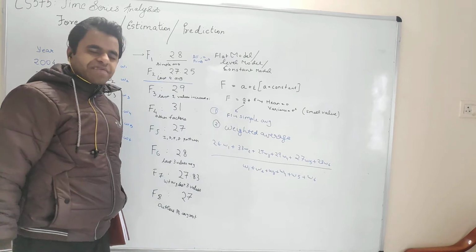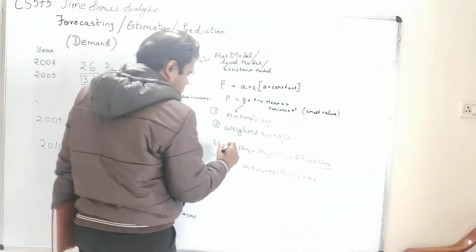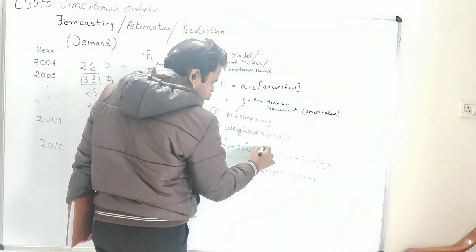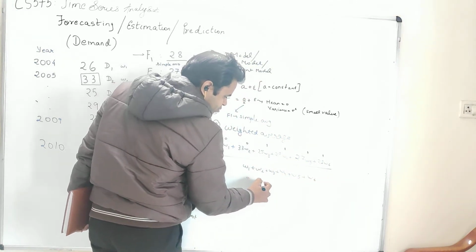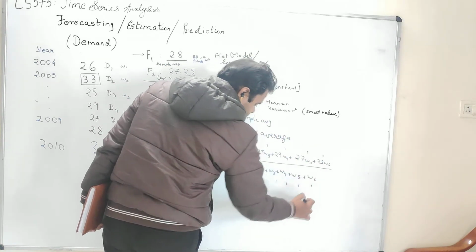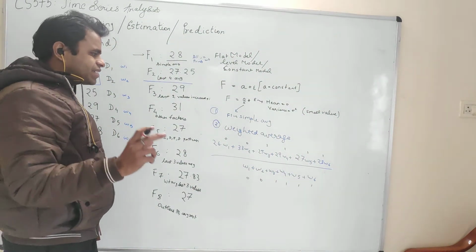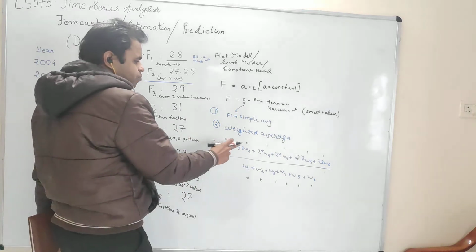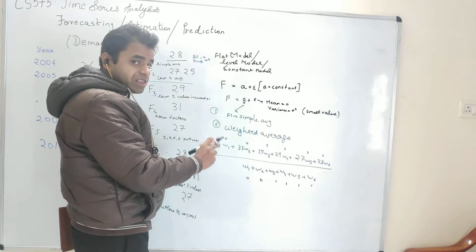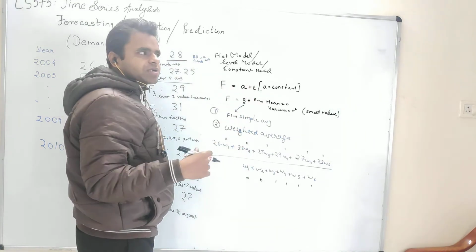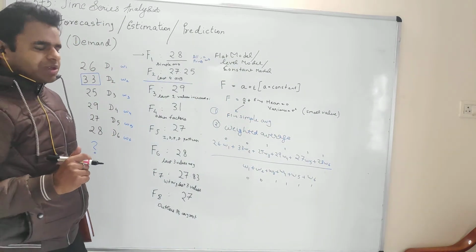Like if you saw, we had one of the cases where F2 was the last 4 averages. So what does last 4 averages mean? That means the weight 1 was 0, the weight 2 was 0, and weight 3, weight 4, weight 5, weight 6 are 1. So this is again 0, this is again 0, and these 4 will become 1, right? So you can see weighted mean basically provides you the flexibility of assigning null weights to some instances which you feel are not important or may not contribute to the forecasting.